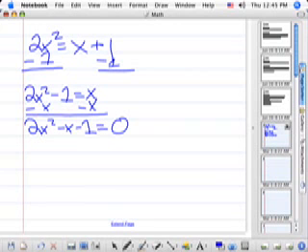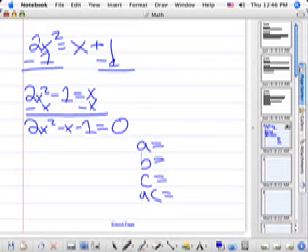We've got to factor 2x squared minus x minus 1. And there are lots of ways to do it. You can do this AC method. You could just do list and test. I mean, 2 is prime and you have a 1. It probably wouldn't be that hard to guess it. But we can do